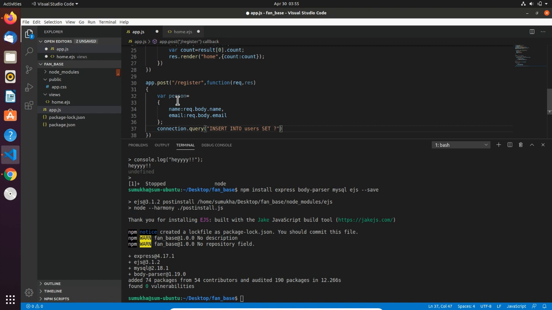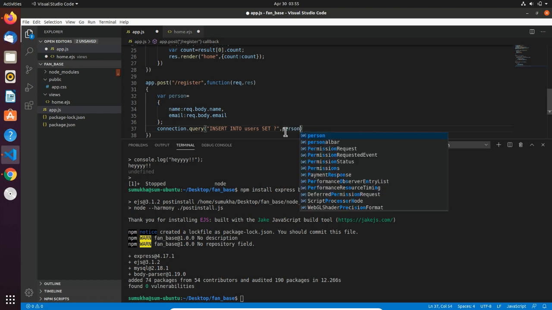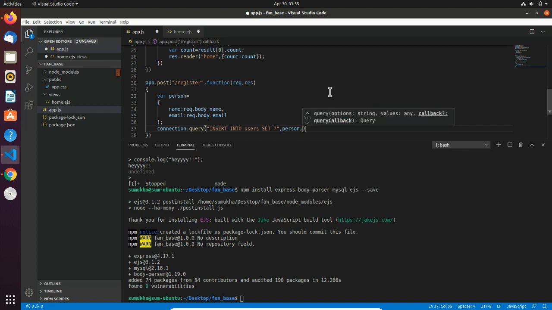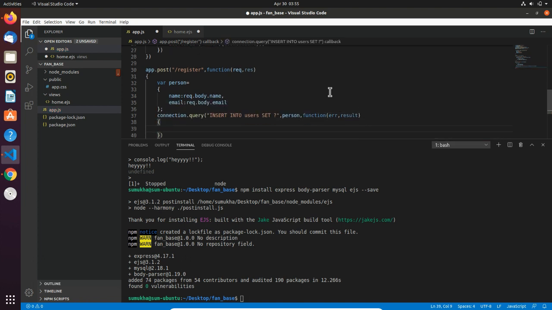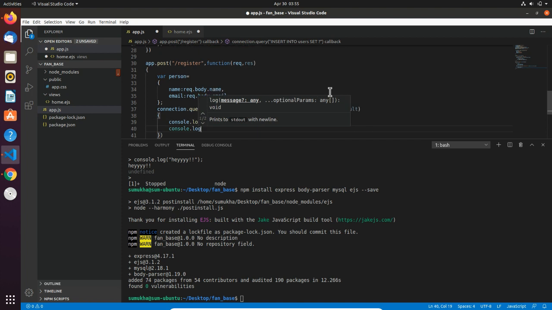So SET question mark. This question mark will be replaced by the object name, and a callback function as usual. Error, result. Here we have to console.log error, which will help us to debug our errors. Also console.log result.